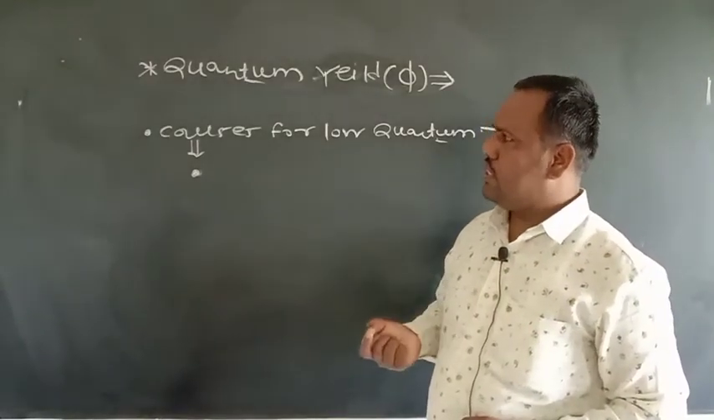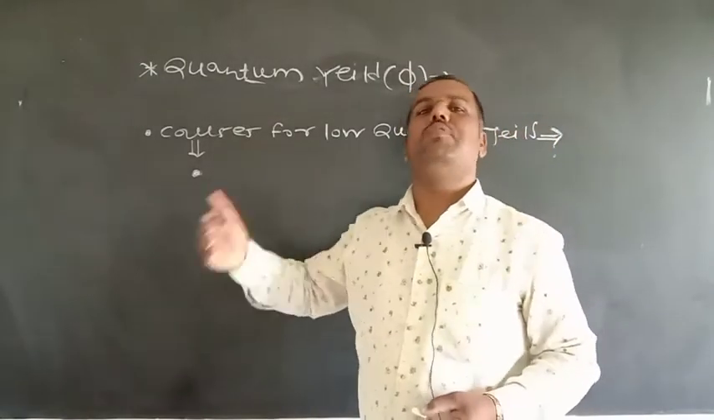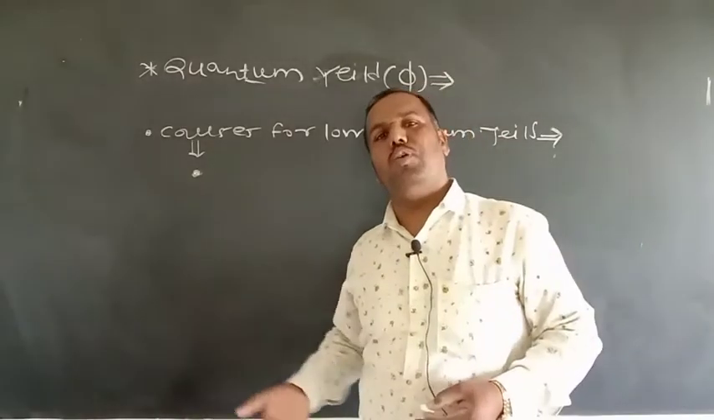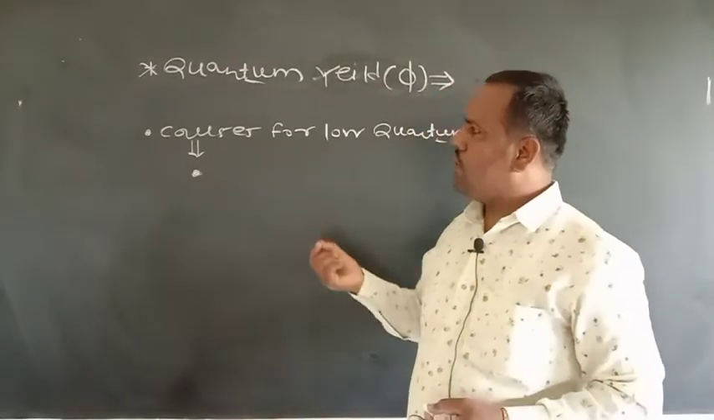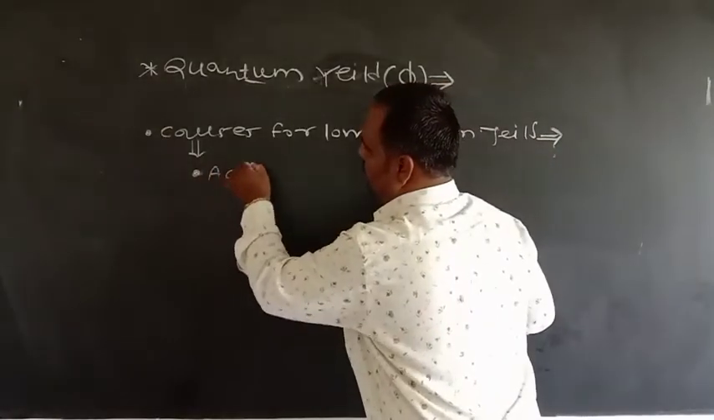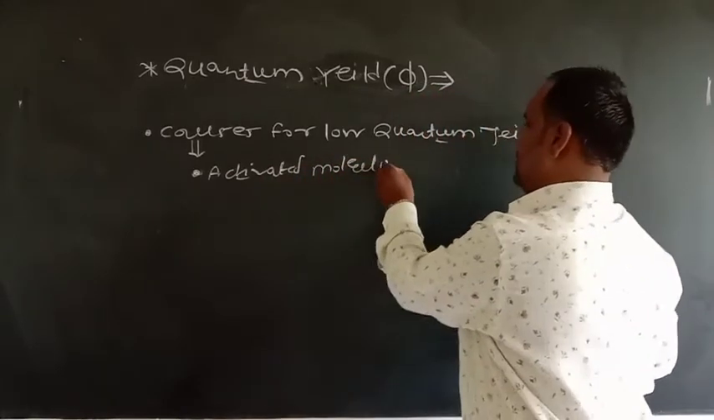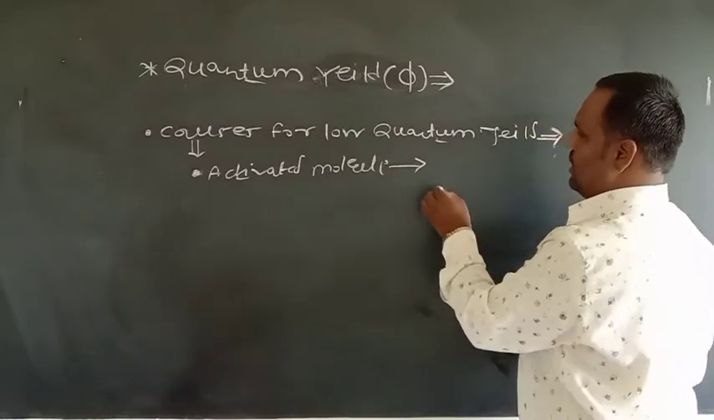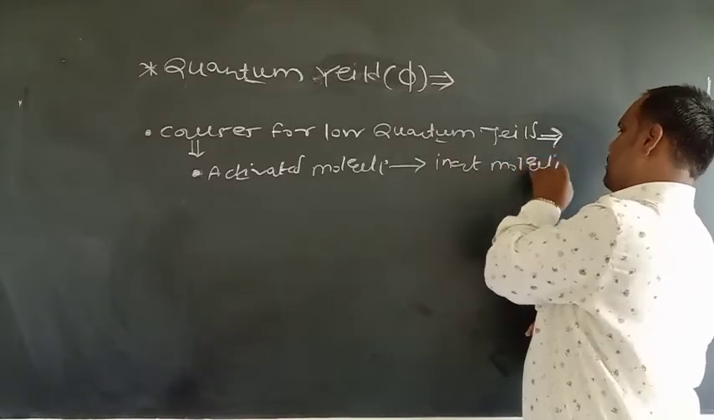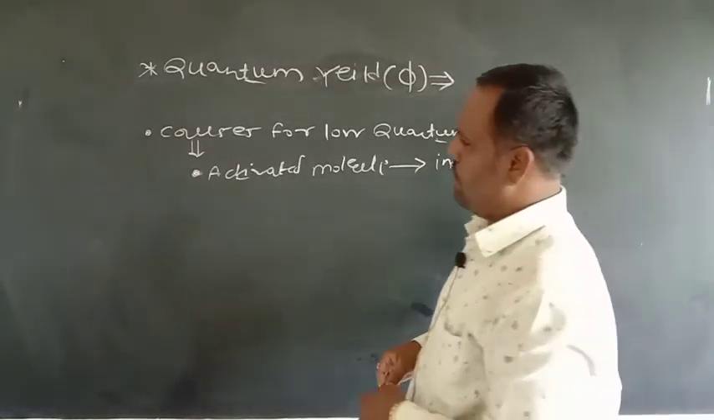So the first cause for low quantum yield is that the activated molecule does not convert into product, it will transfer its energy to another molecule which is non-reactive. So this is one of the causes for low quantum yield, that is, the activated molecule transfers the energy to an inert molecule. So this is the first cause. Second,